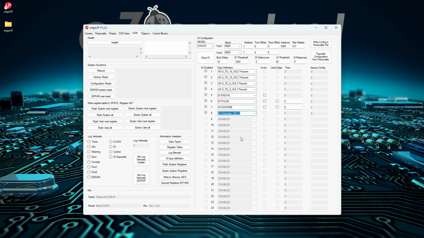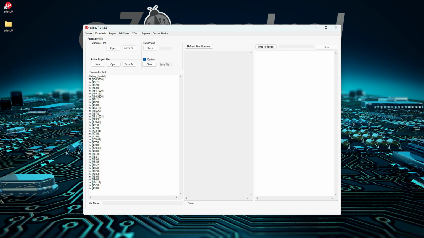Okay, so we've now looked at all of the options. If we want to now save this configuration, I want to write configuration to personality. It will be written to the personality text box on the personality tab. There you will see that the regfsys with all of the configurations is written to the personality.txt on the personality tab, and whichever is the current active project, you can save the file into the current active project as